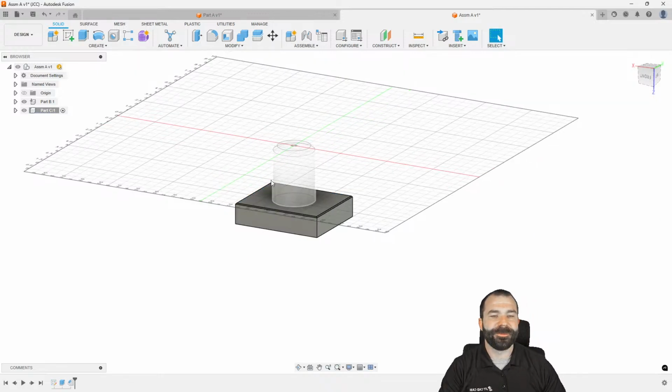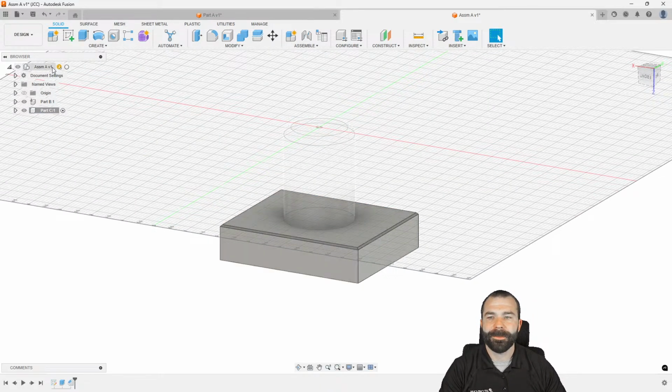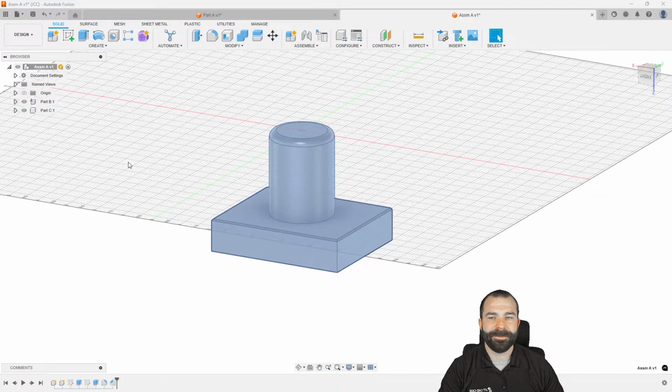And we just need this for visual representation in our timeline. Now going back up to assembly and activating everything, I am now going to take a momentary pause because, again,